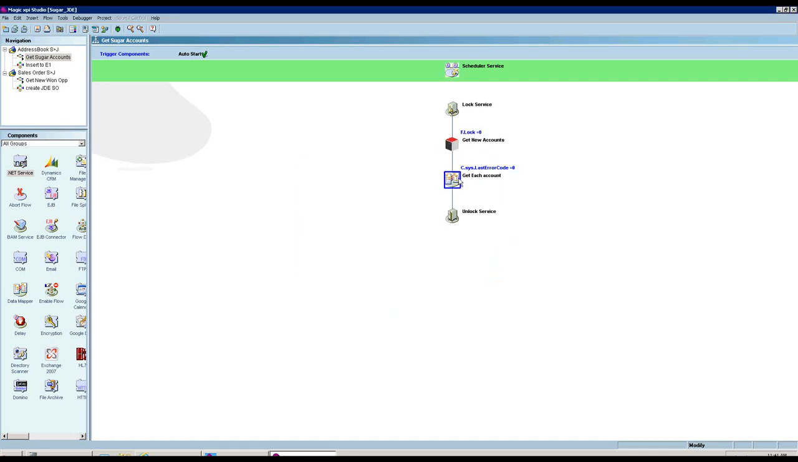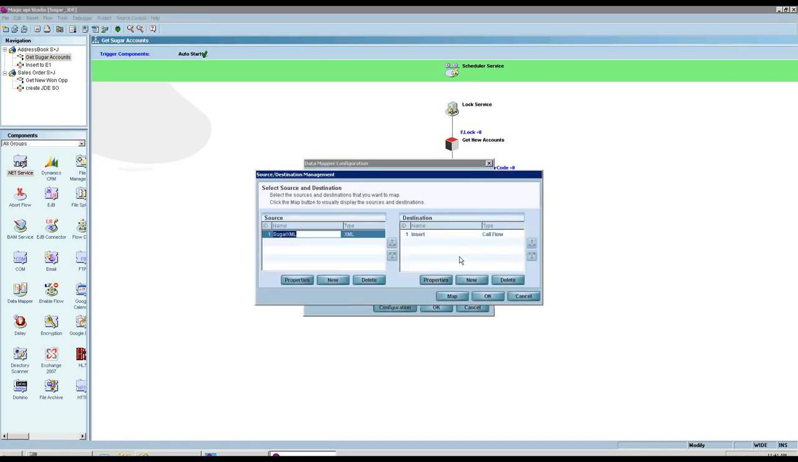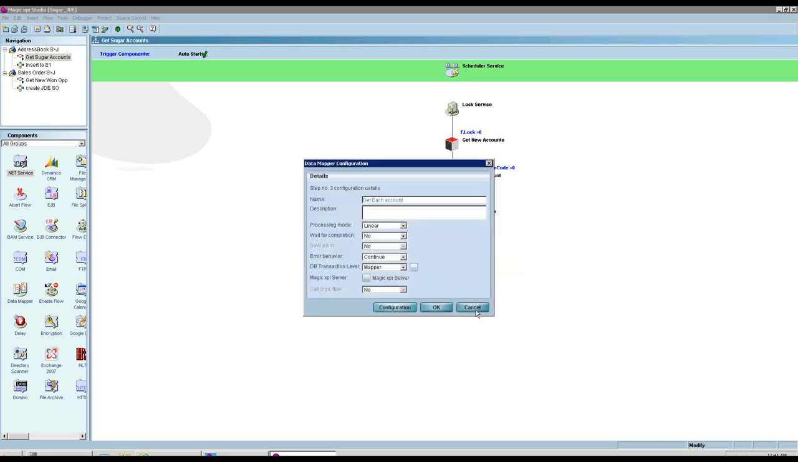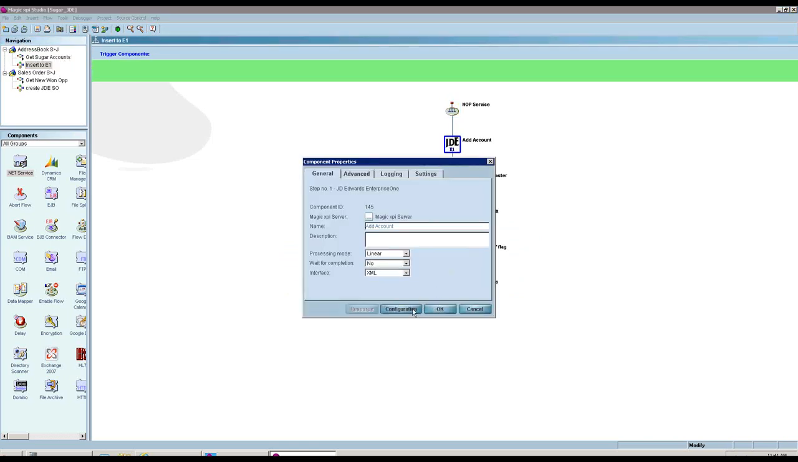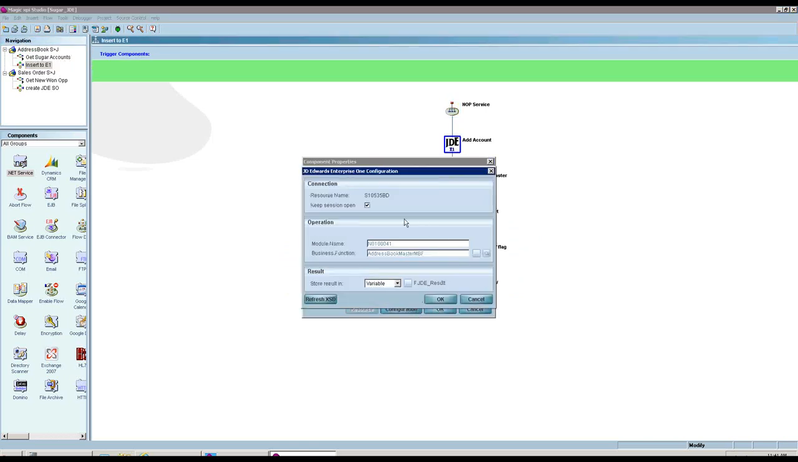Okay, so now if an account is found, we're going to perform a call flow, which will call our next flow, which is inserting into our JDE server. So here we're pulling in our JDE server. This is our JDE component, and as you can see, it's the same type of configuration as SugarCRM. The component communicates with our JDE server and pulls in whatever module names or business functions are within that server. If I browse this list,